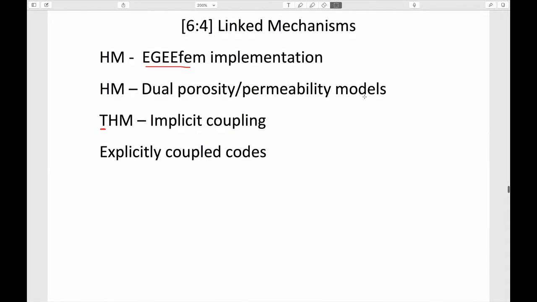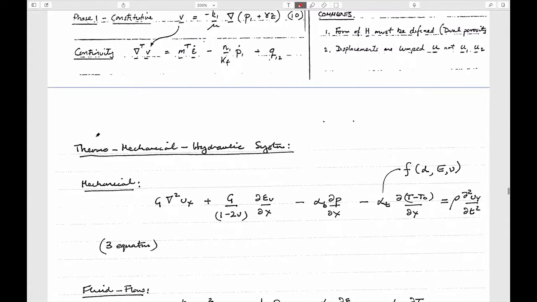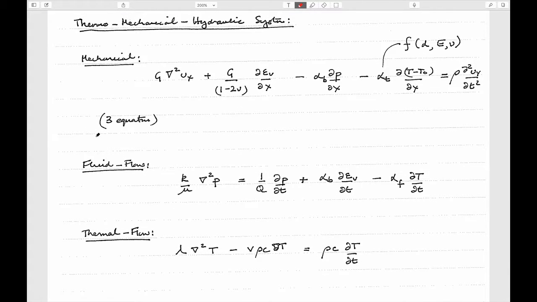Is that in the same way that in looking at these dual porosity systems with mechanics added, which is really what this was, you can also think about putting these systems together when you add, for instance, thermal effects. And so let's talk about that in a broad-brush way of describing it in terms of what COMSOL, for instance, would do. And if you looked at the stuff in 6.3, you'd have seen, hopefully, that what COMSOL does